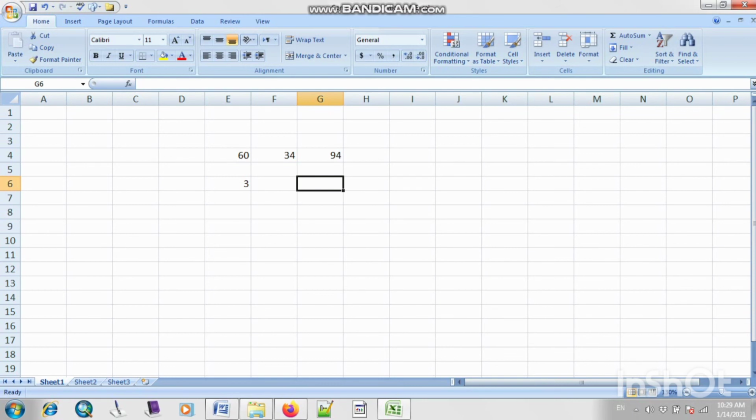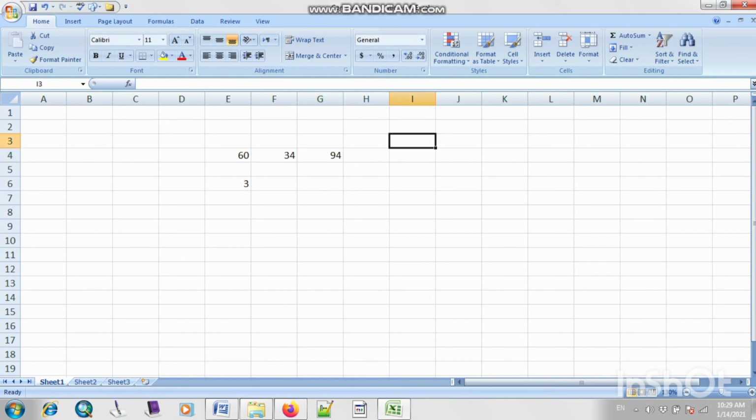So as you all know, I have right here the addition formula. You can also use any other symbol, like if you are using multiplication, then you can use the symbol of multiply, subtraction, division, or whatever formula you are using. So in the next lesson we will learn how we can use different formulas and how we can calculate accordingly.